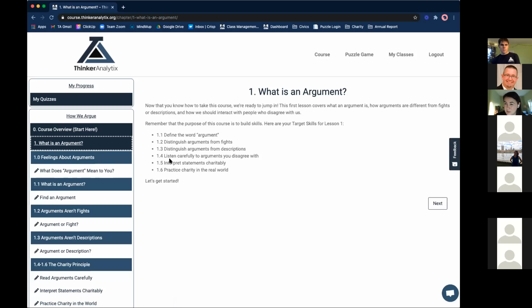and especially arguments we are maybe predisposed to disagree with, we need to handle them with precision and care. And in particular, we need to give the person advocating the argument sort of the benefit of the doubt and try to be really, really careful about how we interpret what they say. And so we think that's a really important skill.